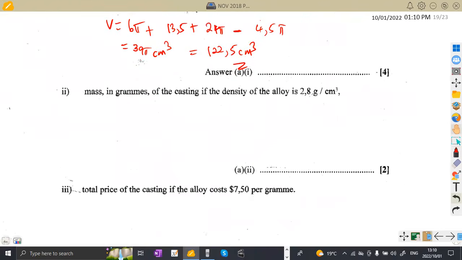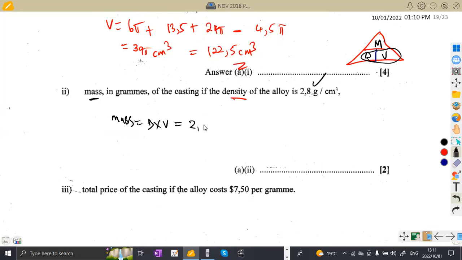Then the mass in grams, whereby we are given that it has got a density. Okay, so remember, guys, I told you about the MDC or the MDV. Here we have got mass, density, and volume. What I want is the mass. So mass is density times volume. So already I'm given the grams per cubic centimeter, which is fine here. So I'm going to have 2,8 grams per cubic centimeter times the volume that we got here of